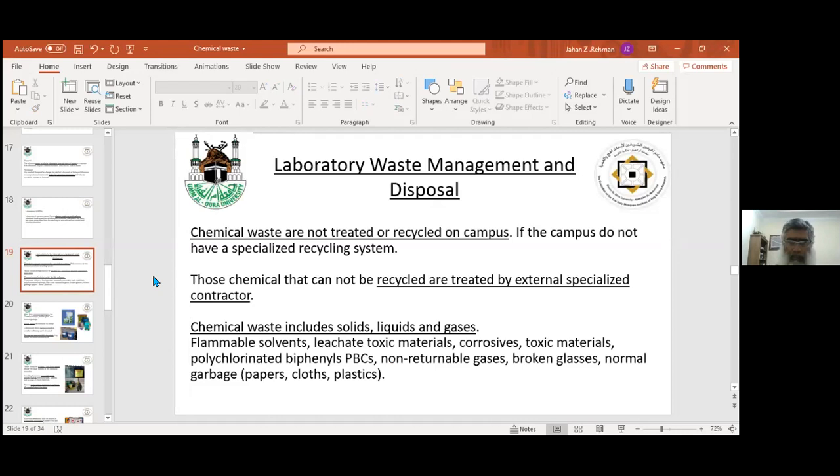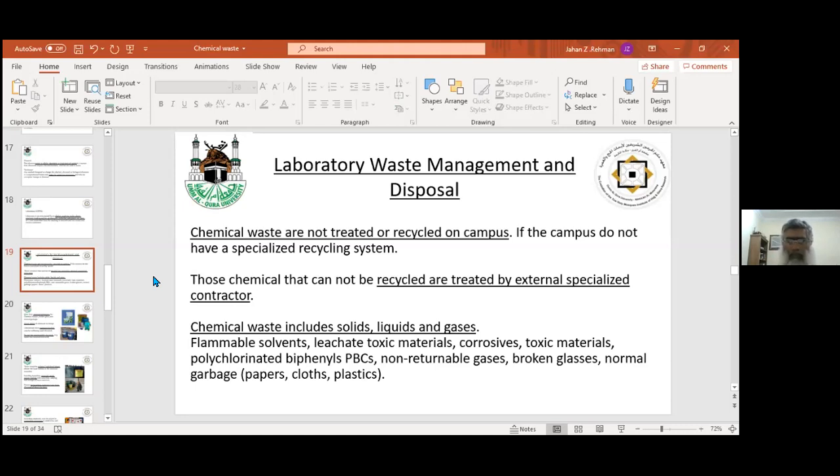Chemical waste includes solid, liquid, and gas. Aggregate them. We need different separate containers in the lab because, as we know, chemical waste is sometimes solid, sometimes liquid, and sometimes gases. We cannot capture the gases unless we have a proper exhaust system in the lab, with proper scrubbers inside the exhaust. If we have a scrubber system in the exhaust, we can capture the gases as well.